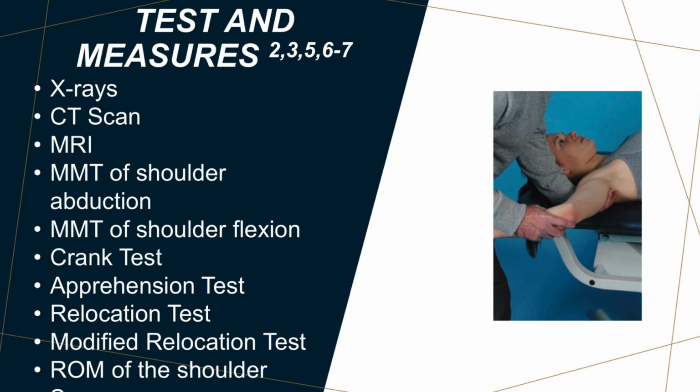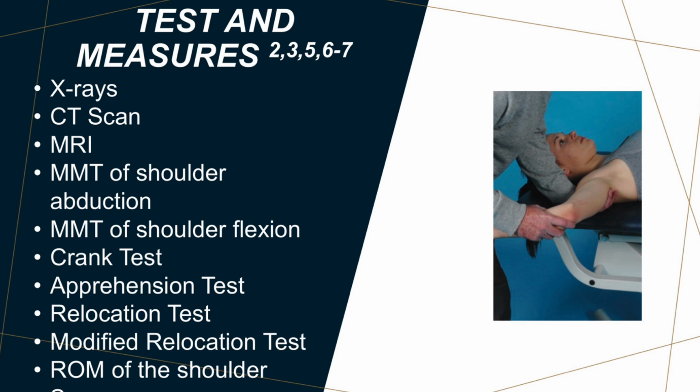The apprehension test: they position the arm at 90 degrees of abduction and full external rotation, and the clinician will hold the patient's wrist with one hand and stabilize the elbow with the other. The clinician will apply pressure into external rotation, and the patient's apprehension from this maneuver, rather than pain,